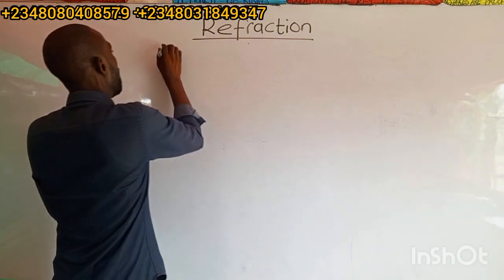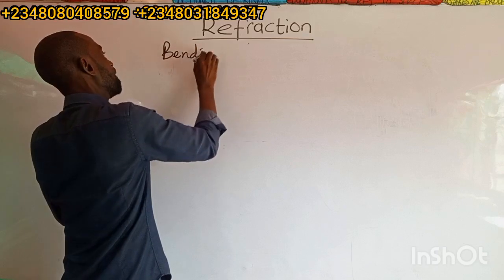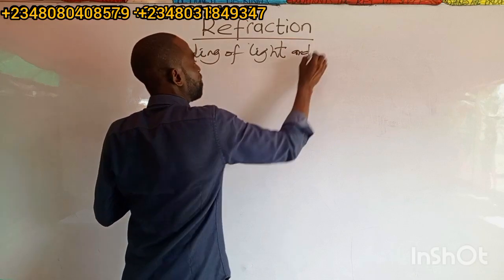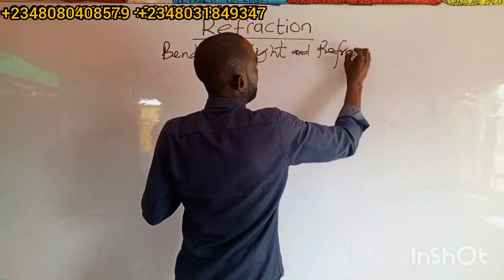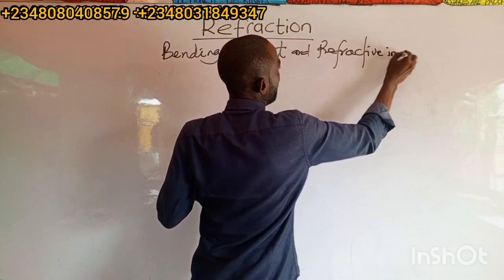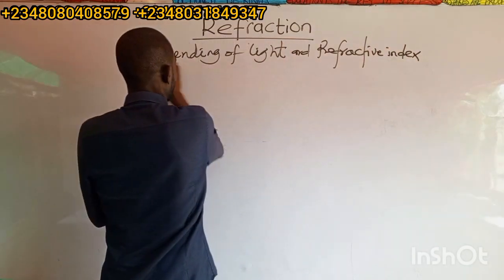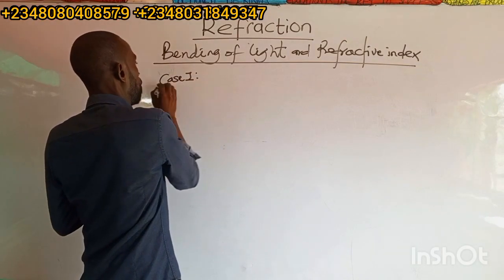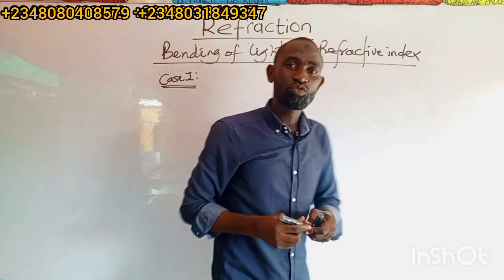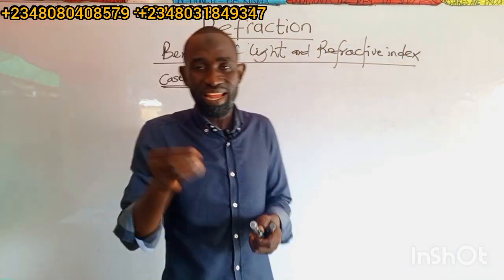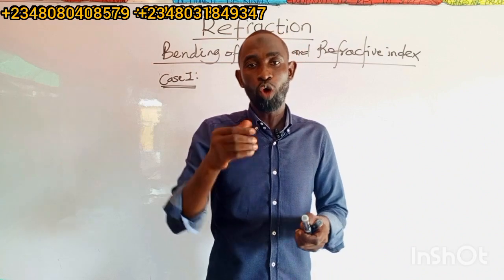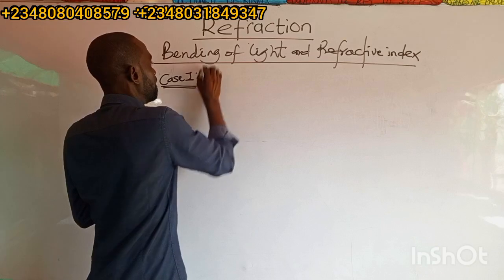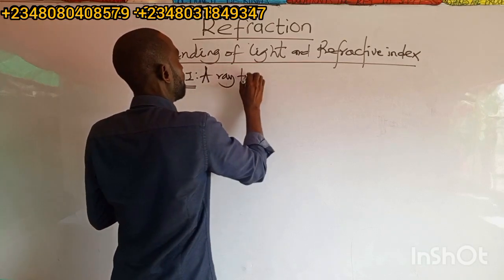Bending of light and refractive index. Now, we have two cases here. Case one: we can have a case whereby the light ray will travel from an optically less dense medium into an optically more dense medium. So from less dense, a ray of light traveling